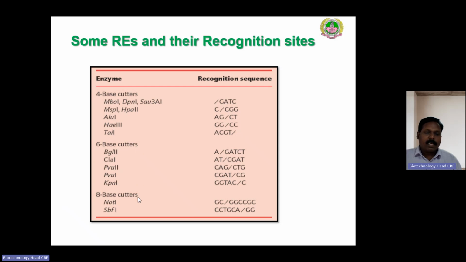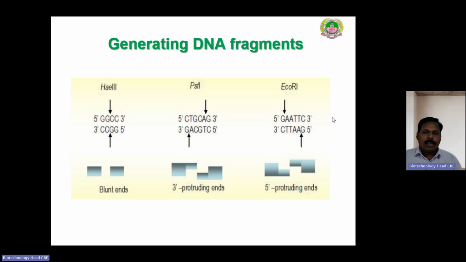And some are 8-base cutters. So depending upon the number of bases they recognize, we call them base cutters: 4-base, 6-base, or 8-base cutters. So this picture shows how the DNA fragments can be generated that can be used for cloning into a vector